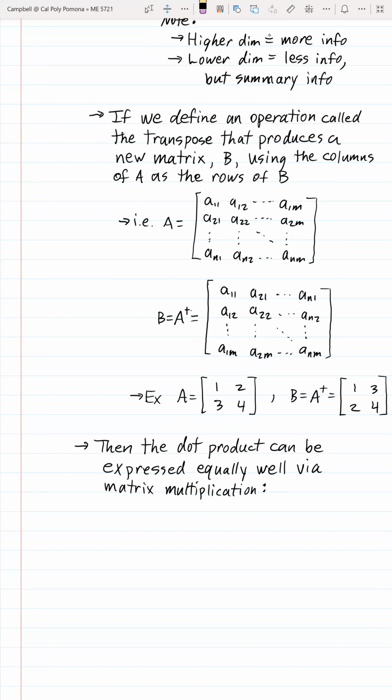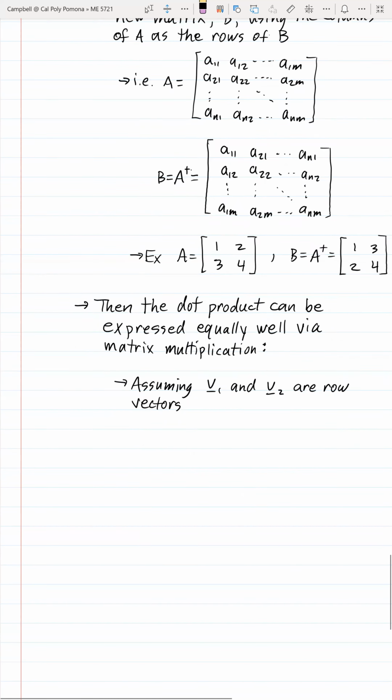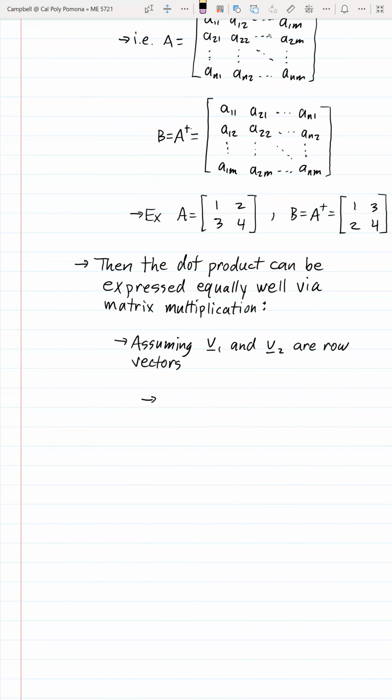So assuming V1 and V2 are row vectors, then we can see that instead of writing V1 dotted into V2, we can say V1 times V2 transpose, where